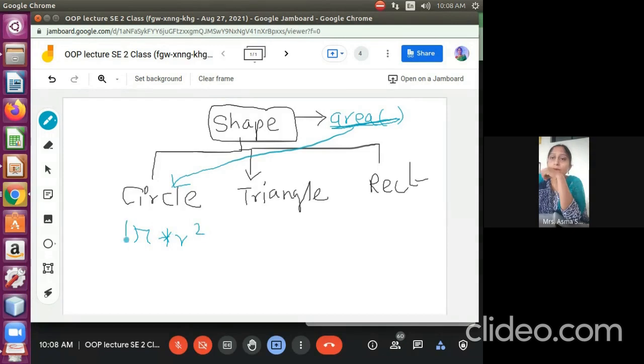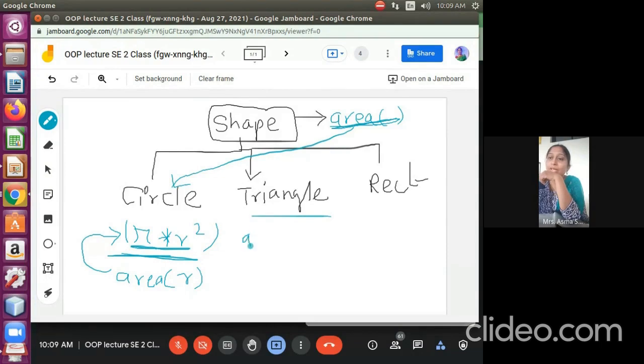Here the function name is only area, and I am passing the radius value, and I am performing the calculation of the area of a circle using the formula. For the triangle, we pass height and width, I think.